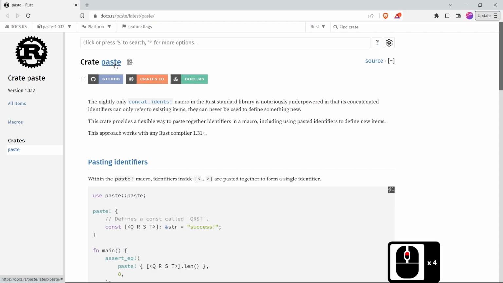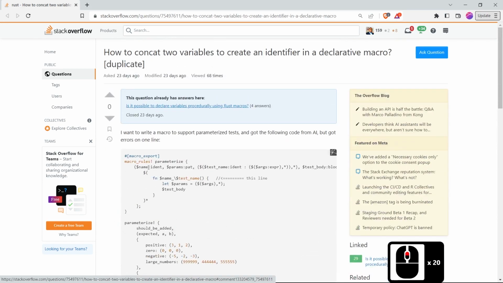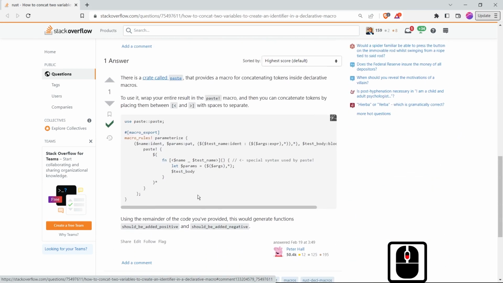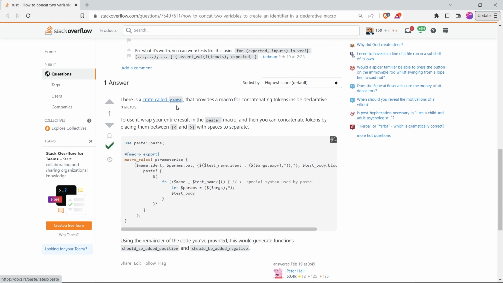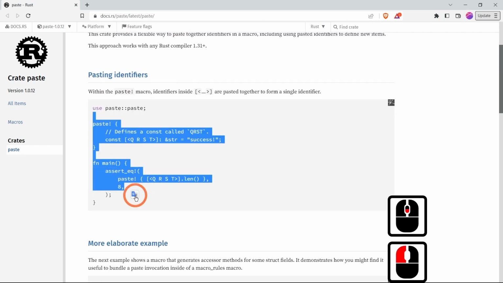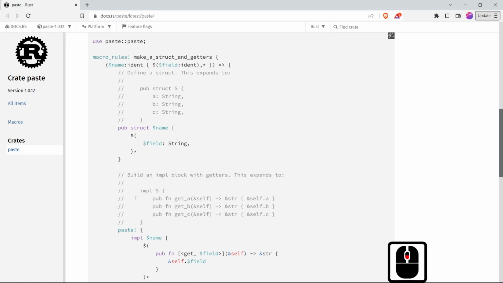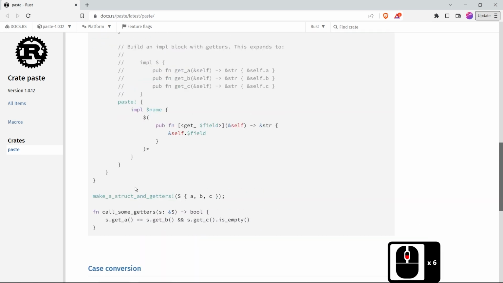It's called the paste crate, and I found out from this question that someone asked, and this answer suggested the use of this paste crate. So that is how I got here, but it works for only nightly. This is how you use the code, and it looks like this crate is made exactly for our situation,